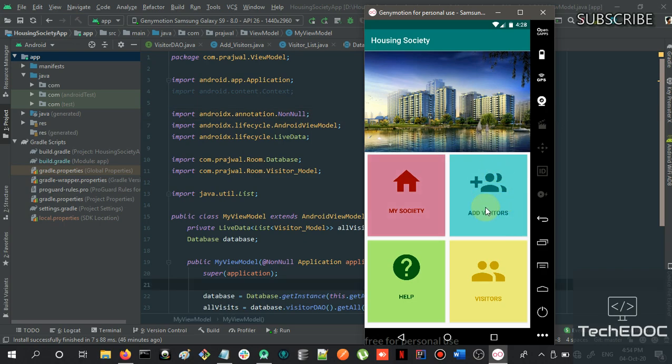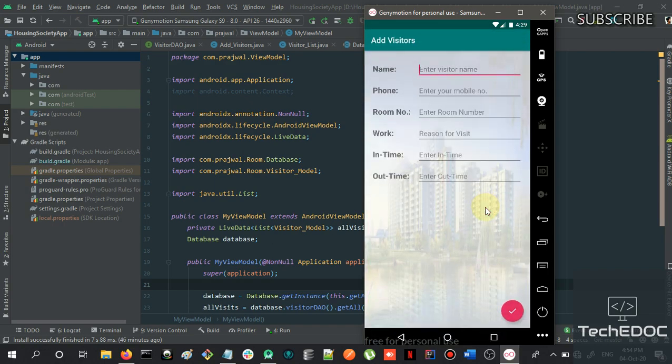When we click on this section, we'll be taken to the screen where we can record the visitors. So here we have different fields. Enter the name of the visitor who will enter this building.